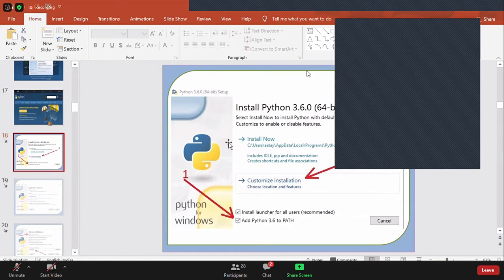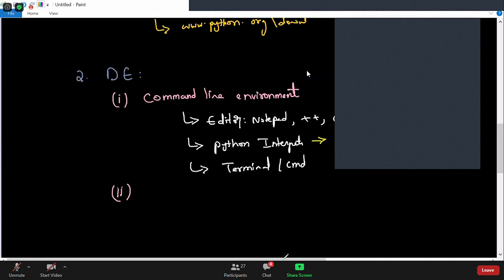This is what I'm talking about. When you install Python, you'll get this option. By mistake, if you unselect it or forget to select it, then the path will not be set, and you have to set it manually. And the knowledge is required, guys. Somebody may ask you, right? Someday you tell someone about installing Python, and some of your friends might be facing some problem with path. So you can explain to them this is how you set the path. This is add-on knowledge, but it is required. Okay, so I hope everybody understood now how to set the path and how to work with the command line environment.